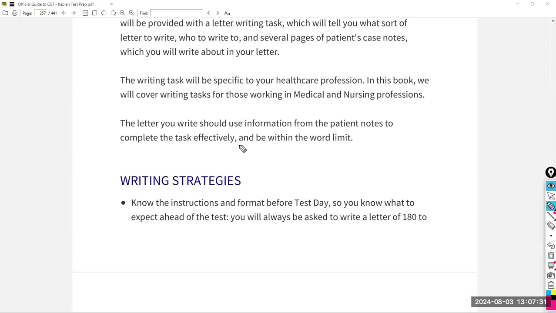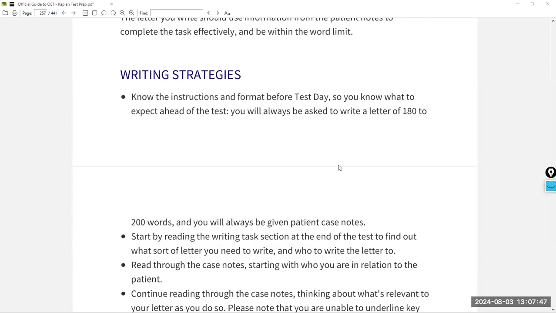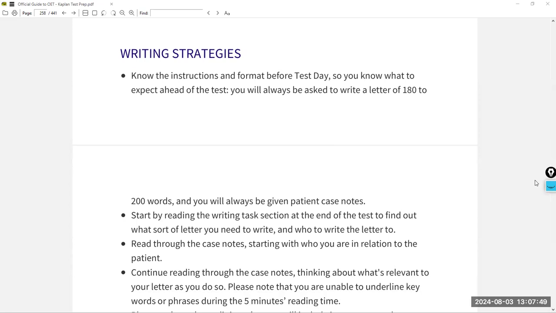So the letter you write should use information from the patient notes to complete the task effectively and be within the word limit. Now, what are the strategies that I need to write the letter in the OET writing exam? One,